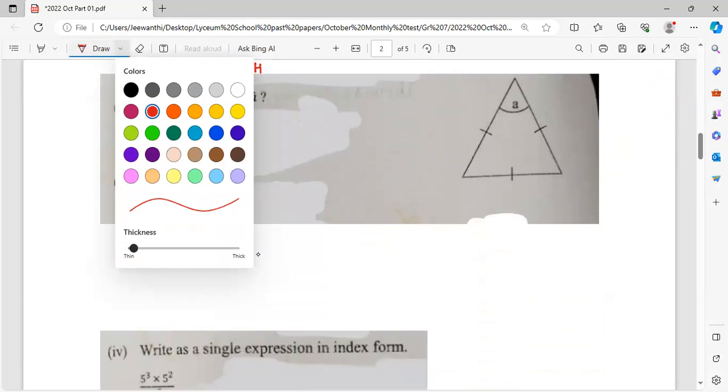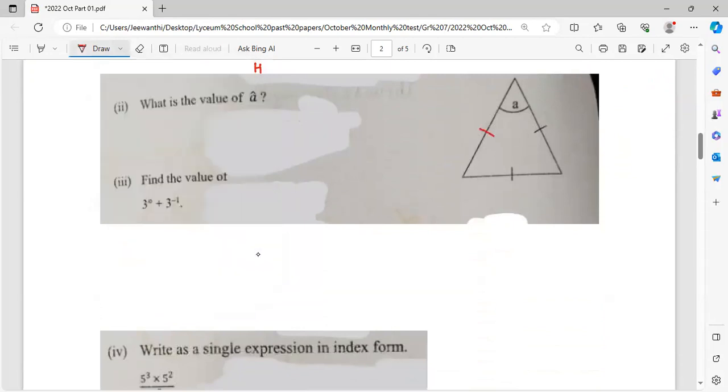Children, when you see this one, what can you understand? Here they have marked something, what is it? This is an equilateral triangle. In an equilateral triangle, all the three sides are equal, and all the interior angles are also equal, right? And we know by the theory that in an equilateral triangle, all the sides are equal and all the angles are equal, and one angle is